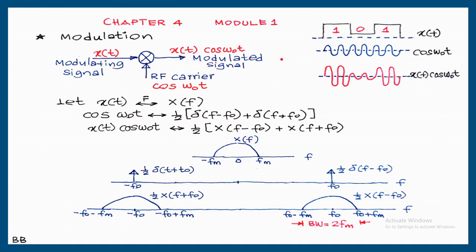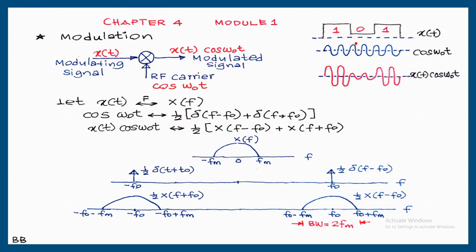The graphical representation of x of t cos omega 0 t and the product is shown here. The input signal is represented with plus 2 volts, 0.5 volts, and again plus 2 volts. It can be represented as 101. That is multiplied with cos omega 0 t. When cos omega 0 t is multiplied with the 2 volts, the amplitude of cos omega 0 t is increased.